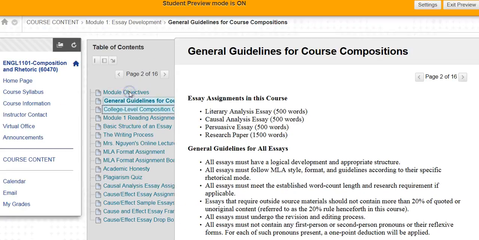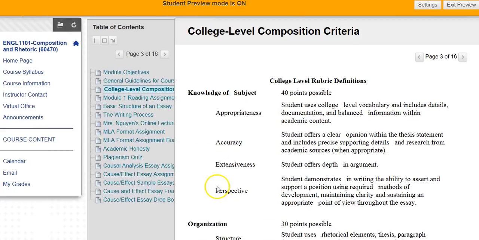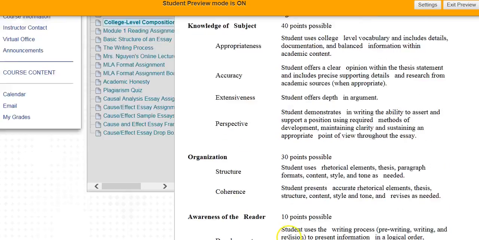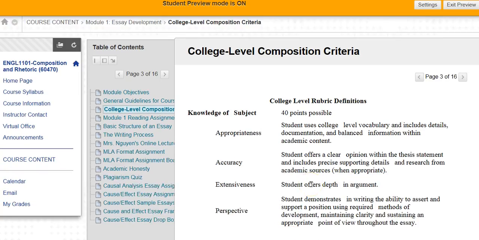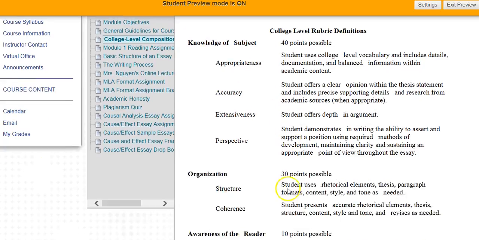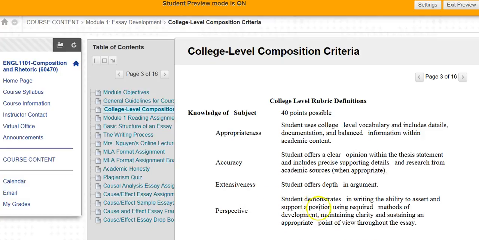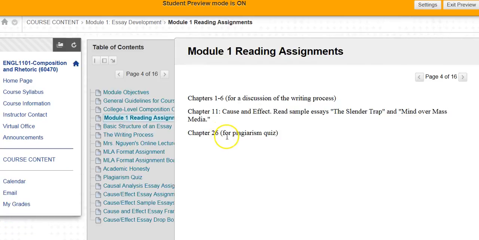All right, so college level compositions criteria. This gives you all of the criteria and their descriptions that I look for and that I apply in my evaluation of your paper and essays. Okay, so this is what I'm looking for, and this is how much they're worth. So if you want to know what criteria I'm looking for, how I will be grading your writing, you can certainly go here. And the module reading assignments tells you what chapters in the book you should be reading for